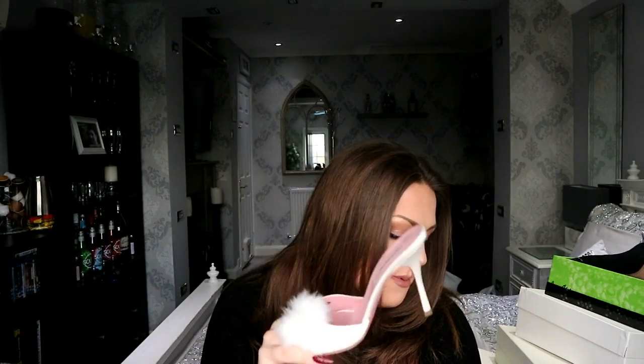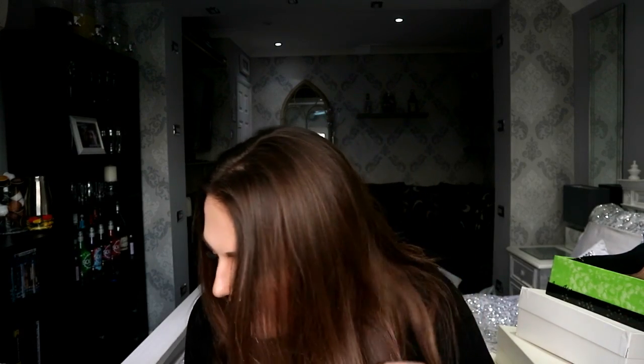And this next pair is by Agent Provocateur. These are just random, I'd honestly forgotten I had these. They're the cutest little fluffy mule pump things that I think are fully intended to be worn around the house, but I am crazy enough to wear them out. These are a 41. Oh, by the way, Charlotte Olympias were a 42, the Coach were a 42. Well, actually they said 11 US, so I'm guessing that's a 42. Yeah, these are super cute. These are just a little pair of mules. I picked them up years ago and I'm still yet to wear them, but one day I feel like I will be that woman that just wafts about a luxury manor in little fluffy stilettos,